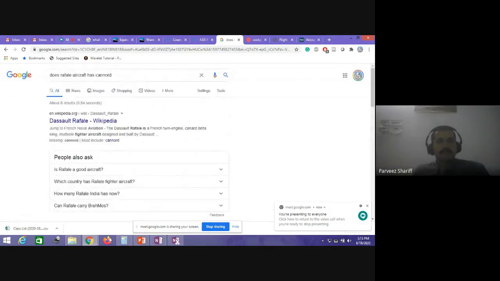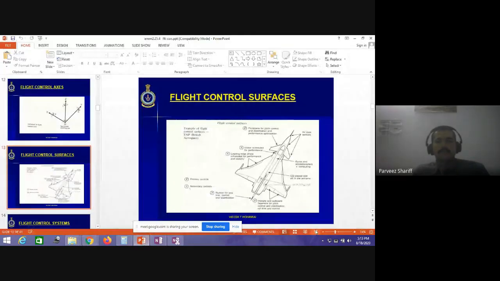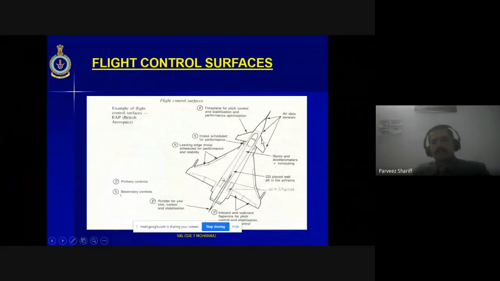We just find it out. So basically it is to provide additional stability and to increase the angle of attack. So this canard helps in a greater angle of attack. Okay. So if you see this, this is a delta wing, and in this delta wing structure of aircraft, there is no separate elevator. There are no elevators or horizontal stabilizers. It is now connected to this main wing itself.